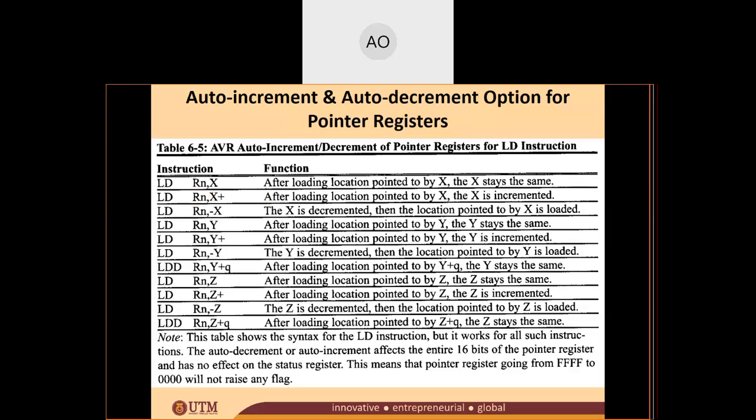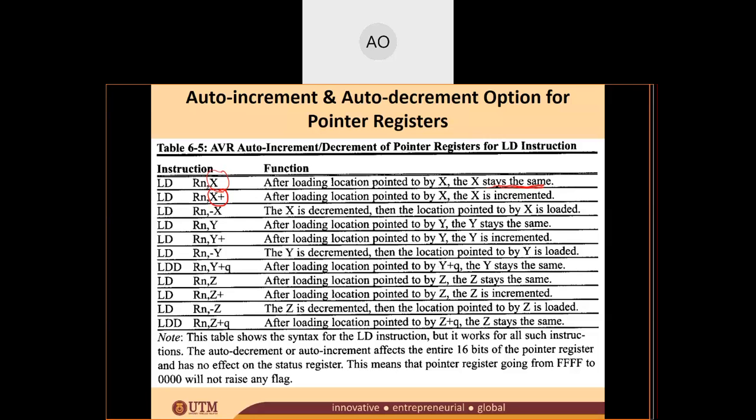What does this instruction do? Kalau you use this one here without the plus or minus signs, LD Rn, X. What happens is after loading the location pointed to by X, the pointer register X value stays the same. Lepas you load the data, your X value stay the same. And then if you're going to use LD Rn, X plus, this one here we call it as a